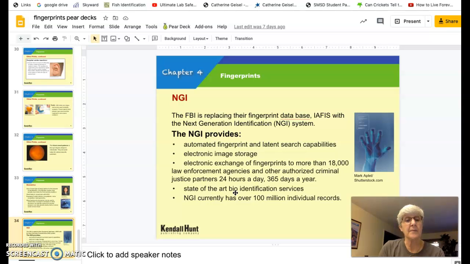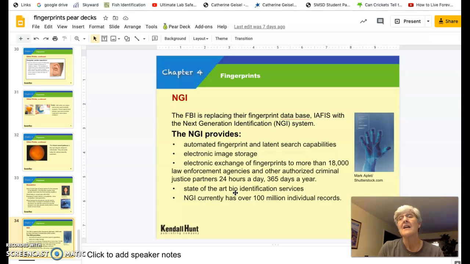When you're talking about fingerprinting systems, the FBI has replaced the original database system, which was the IAFIS, with the Next Generation Identification system. These are automated fingerprints, and they have latent search capabilities. It's electronic storage of the images, and it can exchange fingerprints with more than 18,000 law enforcement agencies and other criminal justice partners 24 hours a day,